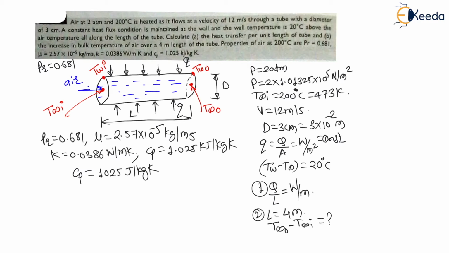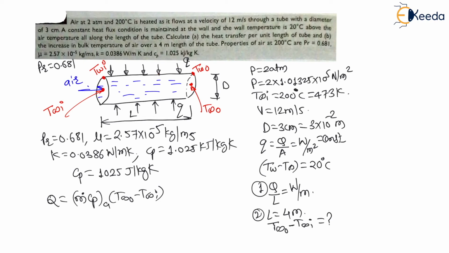Now, my dear students, can I say this heat transfer at each and every location? Let us observe this carefully. If I consider this difference in bulk temperature, the same heat transfer can be written as m Cp of air, m Cp of flowing fluid, that is air. Here m is mass flow rate, m dot, kg per second. Cp is given joule per kg Kelvin, into bulk temperature difference, that is T infinity O minus T infinity I. This is the heat transfer if I consider the change in temperature of air, right?